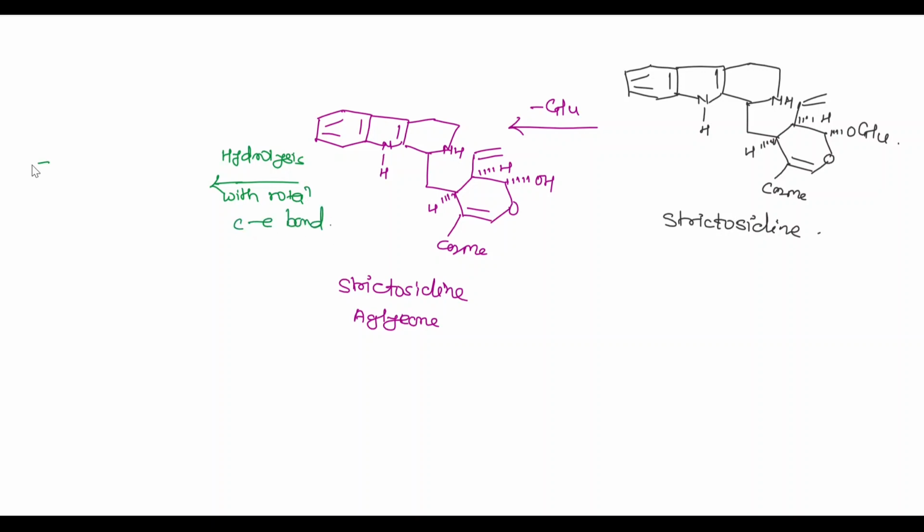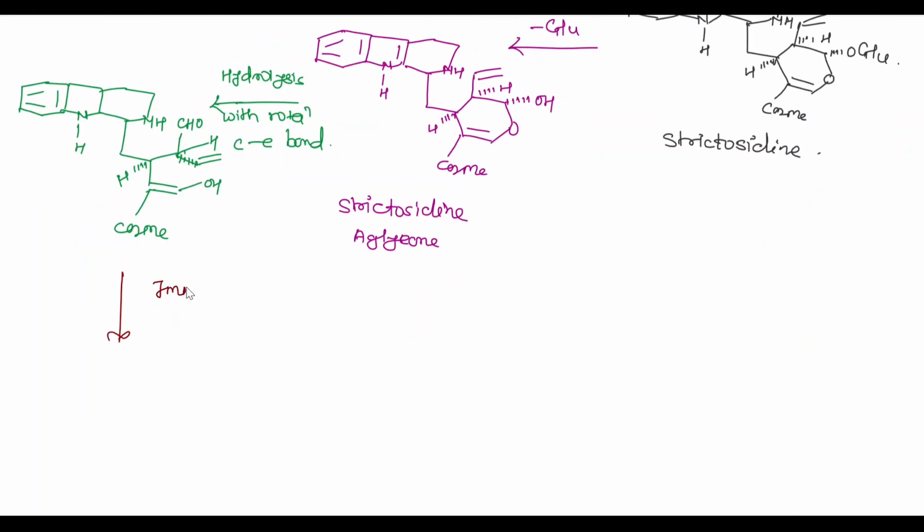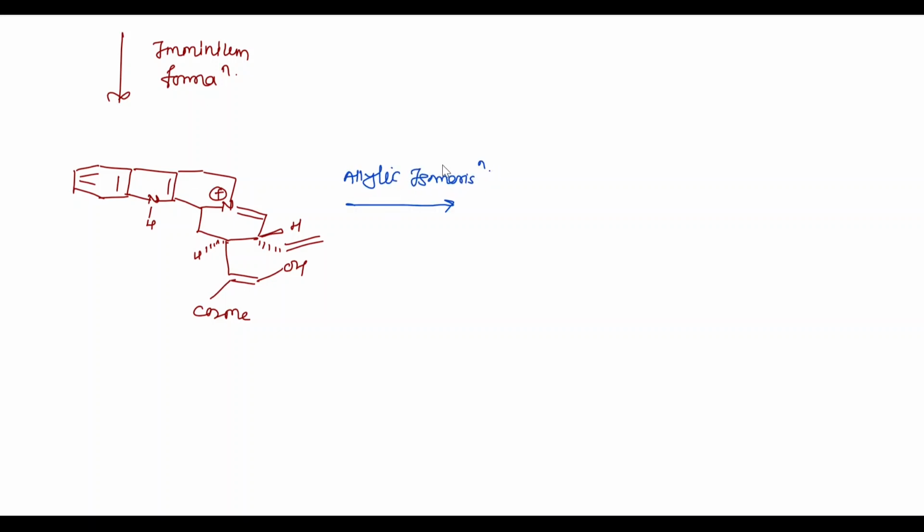And we get, in the next step, iminium formation takes place. In the next step, allylic isomerization takes place, favoring conjugation. And we get